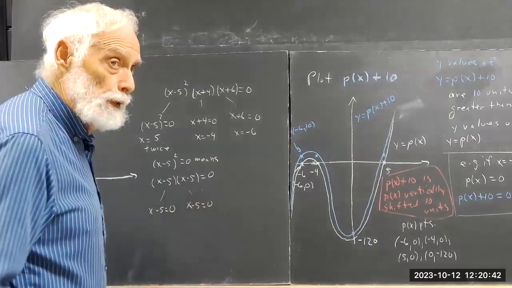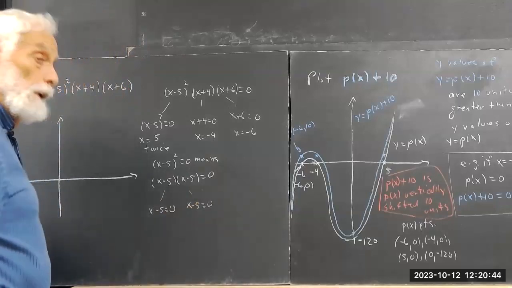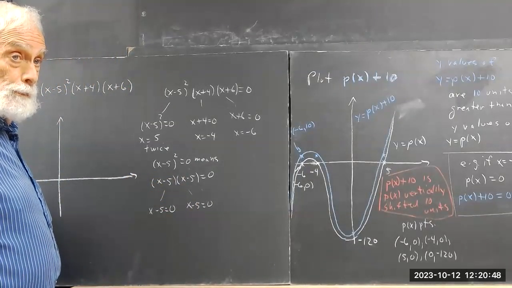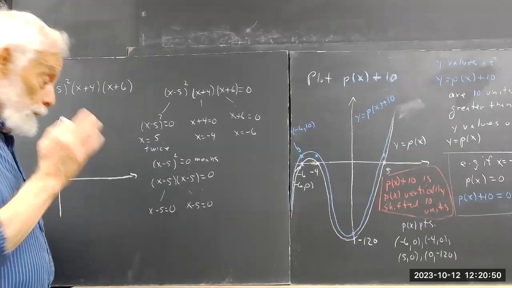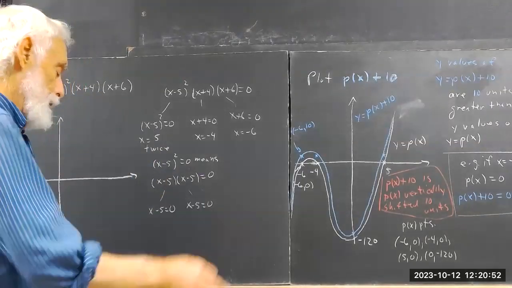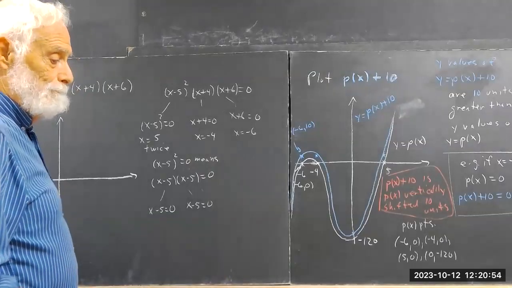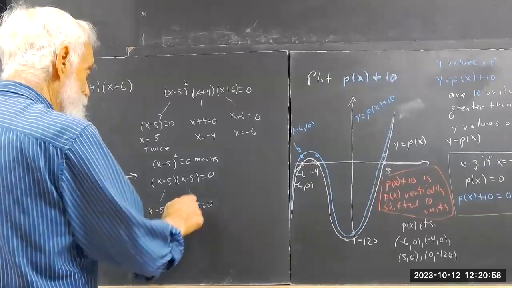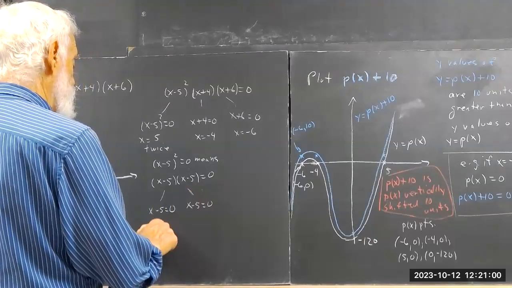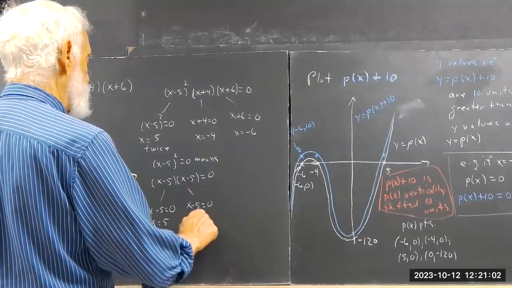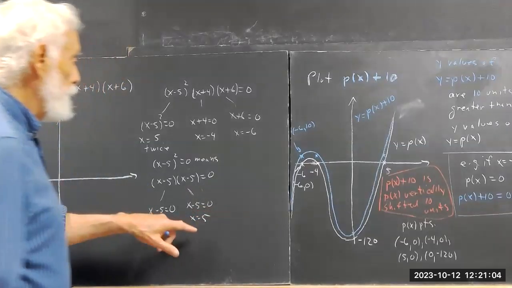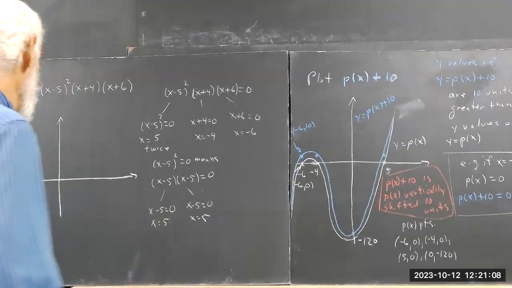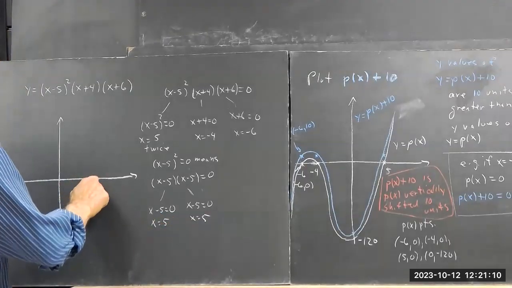You might wonder why we go to that trouble, but there's a very good reason for it. So you want to see this. You want to write this out so you'll see it, because I could well ask you a question on an exam that gets to the meaning of this. So this is x equals 5, and this is x equals 5. And look, we've got x equals 5 twice. Now, the effect that has on the graph